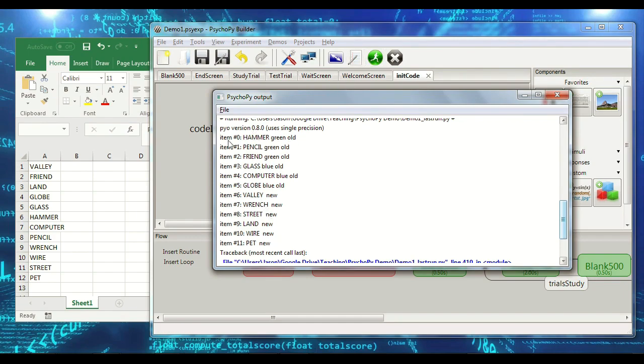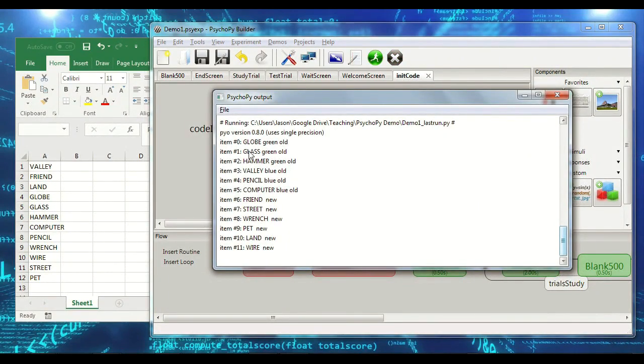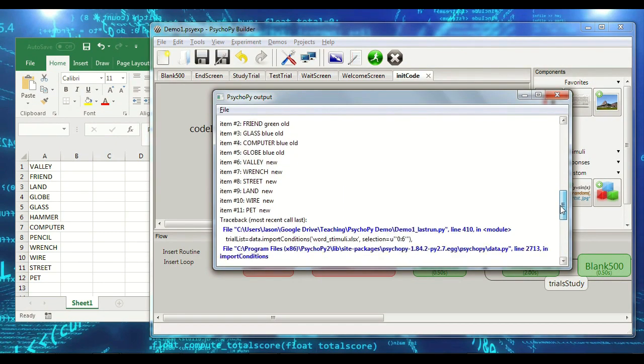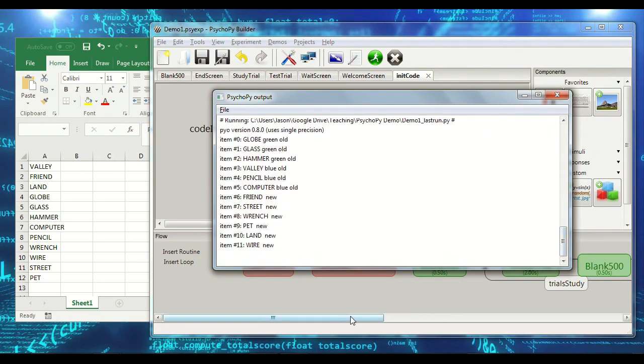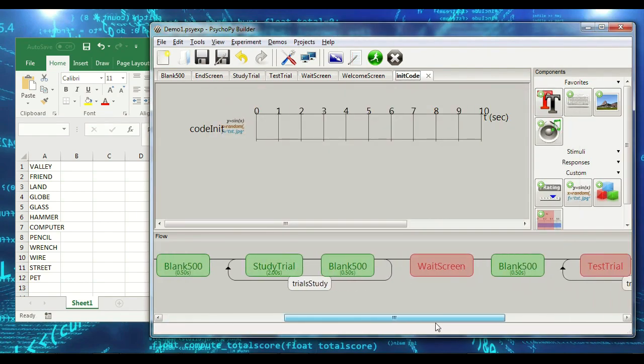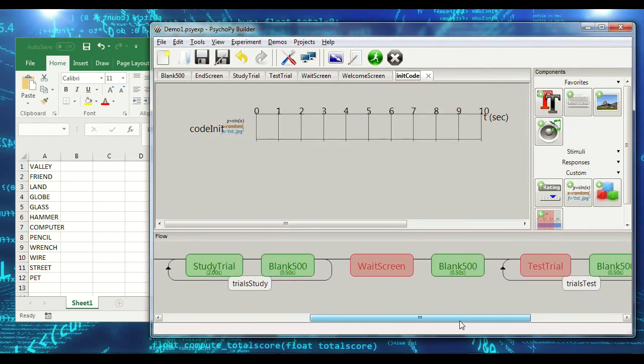If I run it again, by the way, we're going to get different items. So instead of hammer and pencil being old, now globe and glass and hammer are old. So things are shifting around. Different items are being assigned to different categories. Great, so now all we have to do is get the new items that we've set up into our study